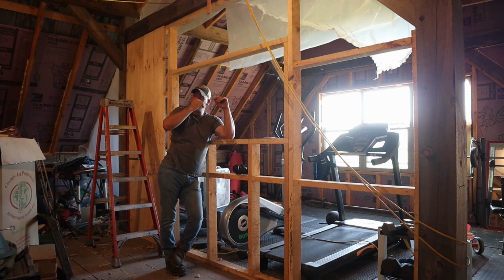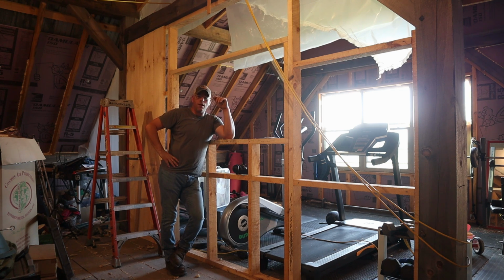We're going to frame it out with 2x8s. We're going to put some plywood up there, some hatches. We'll put a hatch in every section. That way I don't have to belly crawl all over the place. And we're going to use that as an attic space because we just have,